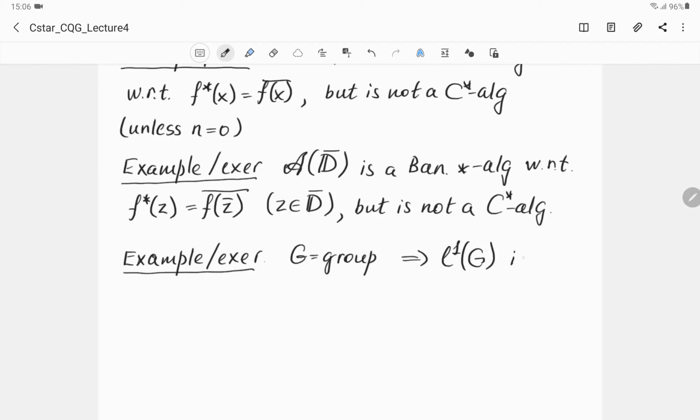In fact, it is a Banach star algebra with respect to the following involution. It's a simple exercise to show that all axioms of a Banach star algebra are satisfied. But again, it is not a C-star algebra,